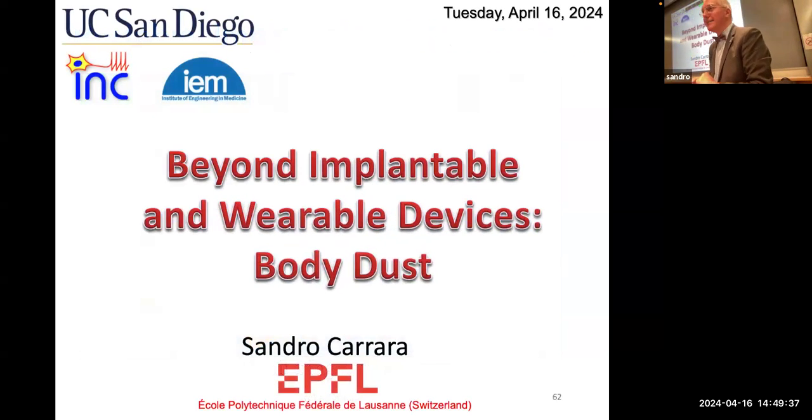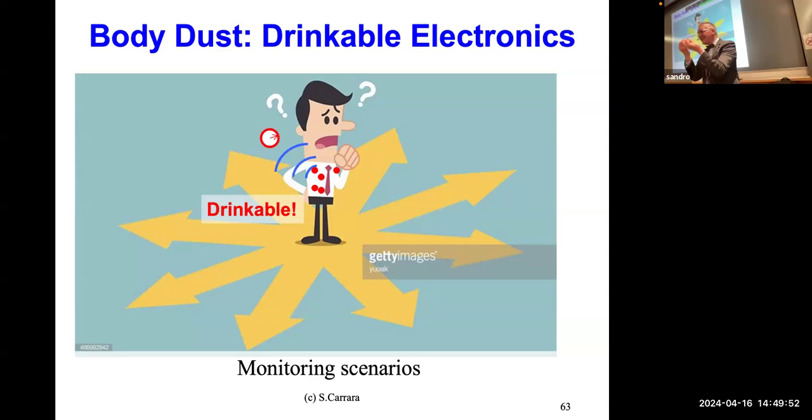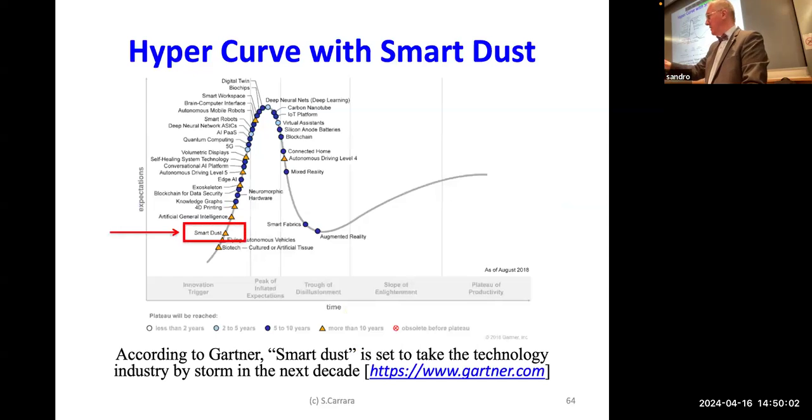Okay. We are bright people. You have probably too much fantasy. And so we have decided to investigate at least the idea of the body dust. What does it mean? It means the idea to have kind of dust, intelligent diagnostic dust, that you can in principle spread in our body and get telemetry by this, just smart dust. I know it looks crazy, it looks crazy, but